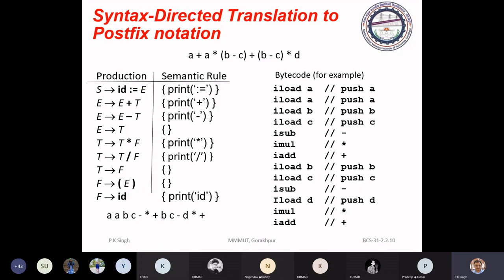So in this way you can convert an expression into postfix form. Now from next on we'll discuss how to translate into three address code. For the meantime, we will just discuss only the translation of expression grammar.